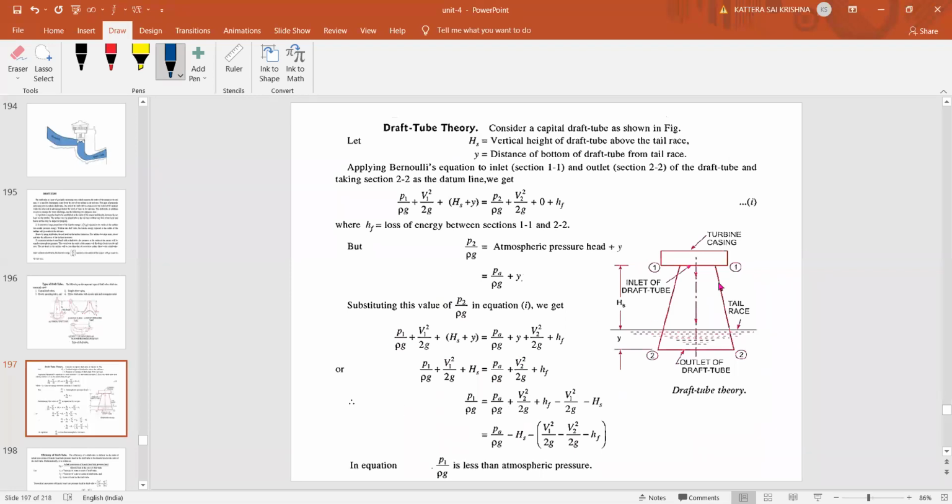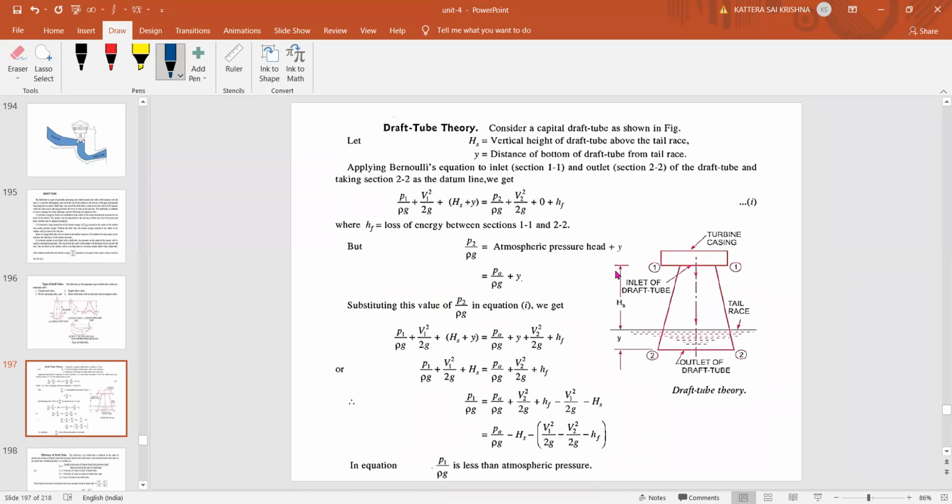So how we got this is we are considering this draft tube as a pipe, just a pipe. Already in pipes we have found many pressure heads, kinetic heads and everything by using Bernoulli's equation. So the same concept we are going to use for the draft tube also, right? What we are going to consider is a conical type of draft tube, where some part of the draft tube is immersed in the tail race, so there some pressure will be there, that is taken as Y pressure head. I mean head, P by rho g we are taking the value. Pressure head value is Y there, and the pressure head value at section 1 is